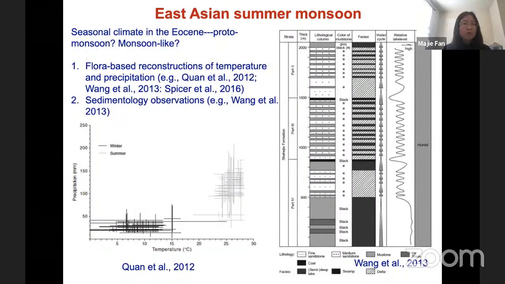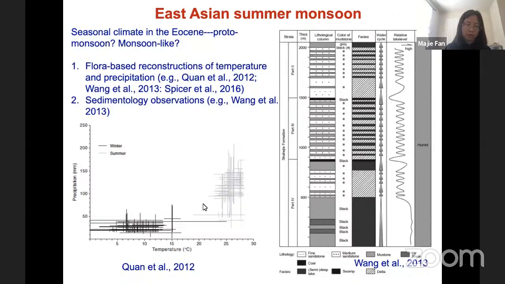Okay. So there are several groups of study that have been conducted to look into the monsoon record. The first group of data is from the flora-based reconstruction of temperature and precipitation. So this figure we're looking at down here is reconstructed precipitation versus temperature. This is from Chen et al. 2012,